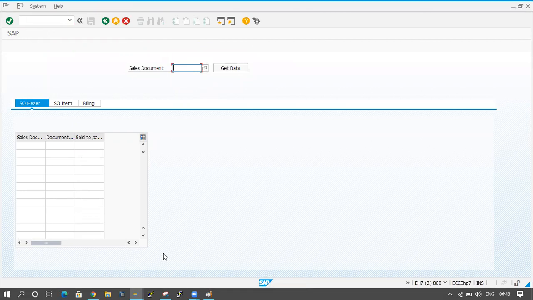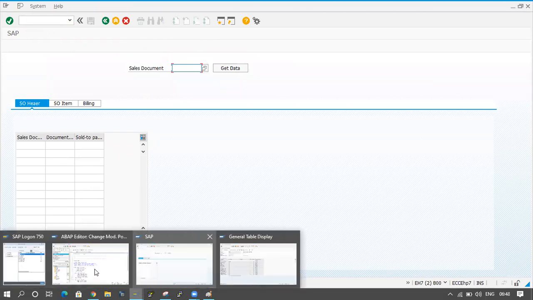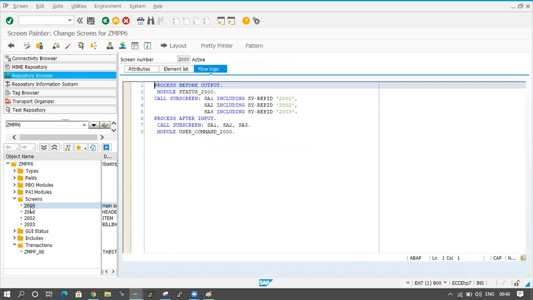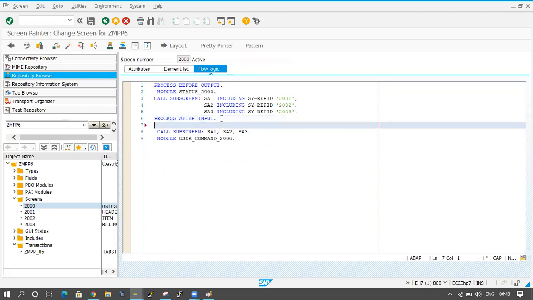So I will go to the 2000 screen. In this 2000 screen, I have to go for PAI, process after input. In the PAI only we have to do the validation. Now here I will do some validation.